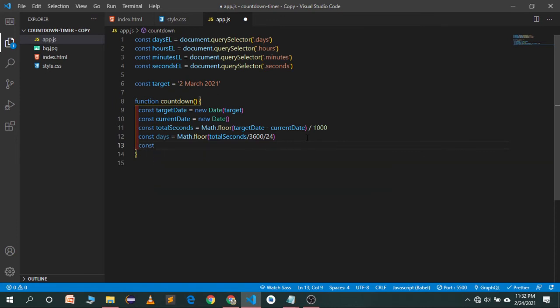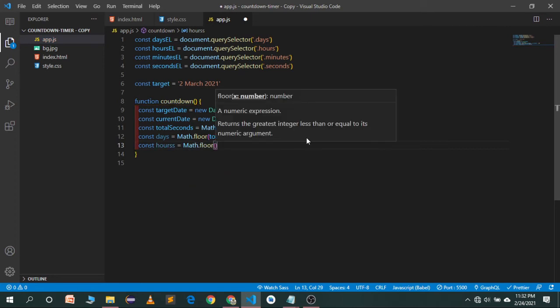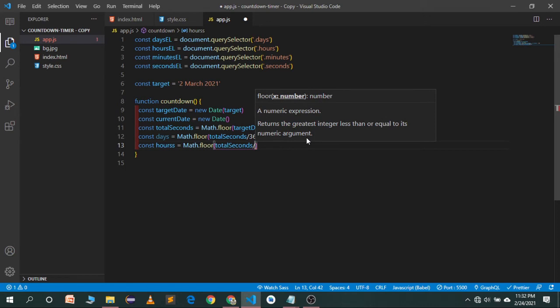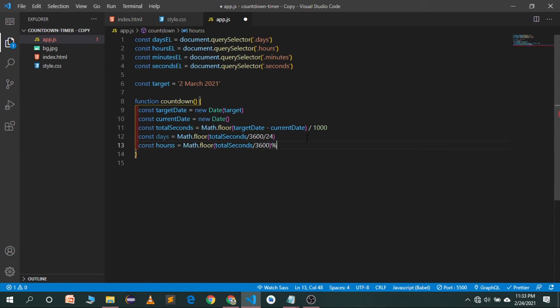Now get hours. So hours will be Math.floor of total seconds divided by 3600, and we will use a modulus of 24 to get the hours.